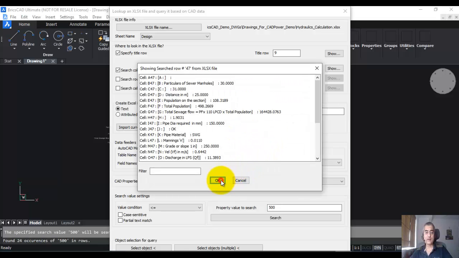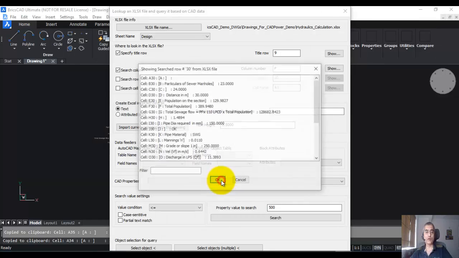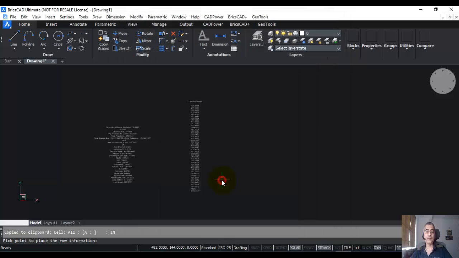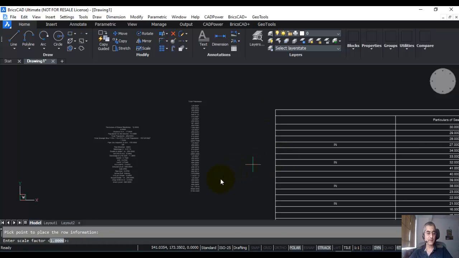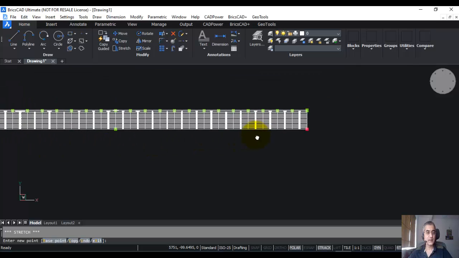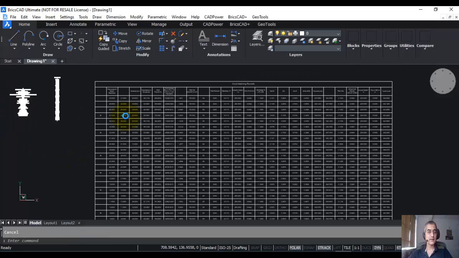Now you can just browse through those occurrences by pressing OK here repeatedly. It will show you all the 24 occurrences as a preview first on the screen, and following this you will be allowed to place this on the drawing. So I'm just going to pick a point here to place this table. It comes in as a table. Okay, so it's done. Scale factor, leave it as 1. I'm going to zoom out and scale this a bit so that it's easier for me to read. I think it looks good.